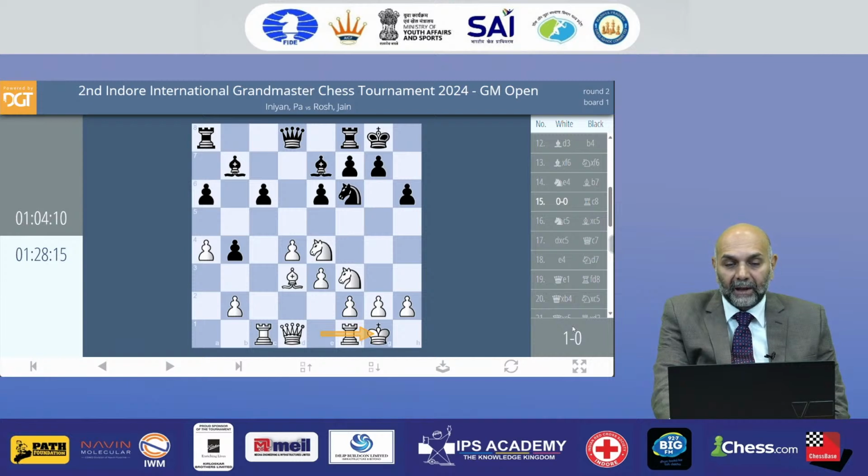White has castled a bit late, but look at what has happened. Black has several weaknesses and a bad piece compared to white's pieces. White has all very powerful pieces. White knight is going to land at e5 soon. Another knight could land at c5. And white has better center control. White has better pieces, and black is already struggling